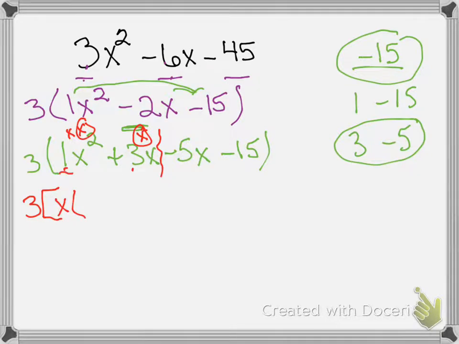The 1, we didn't do anything with it, so we're going to leave it there. And there was an x that wasn't circled, so it's going to stay with the 1. The plus 3, nothing changed with it, but its x was removed, so we're going to close off the parentheses and leave that 3. Then when we look at the second half,